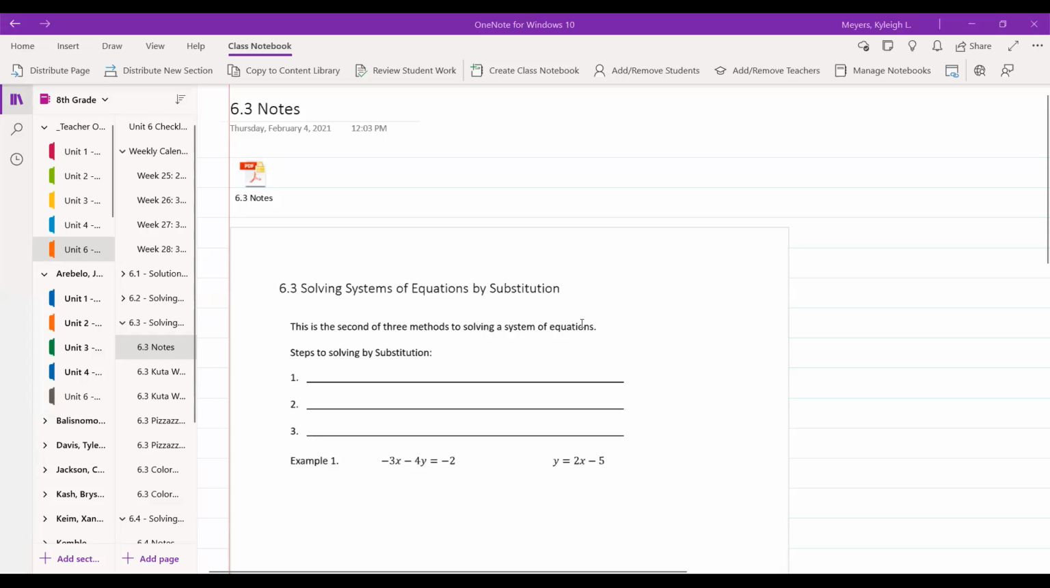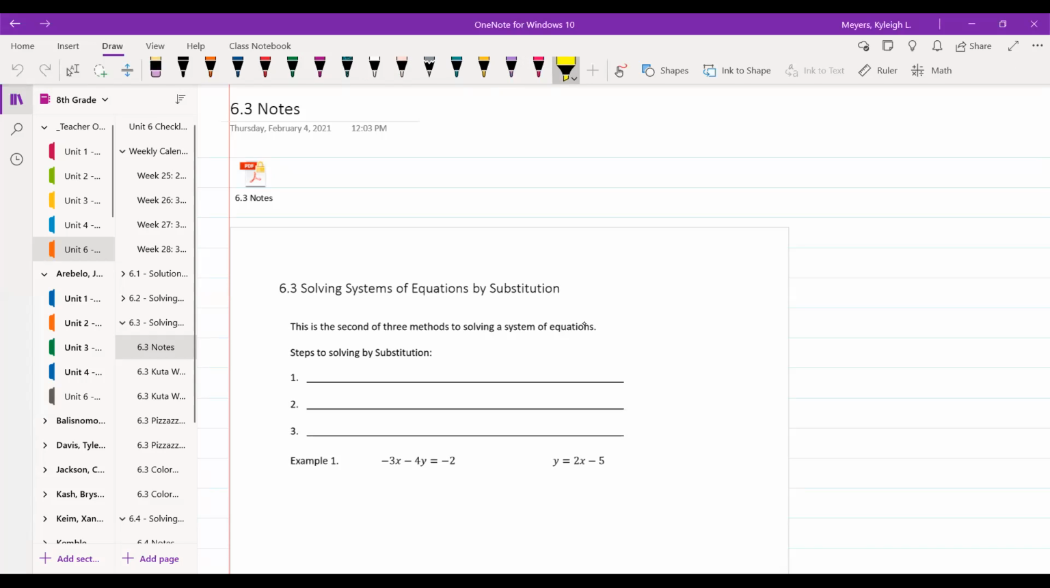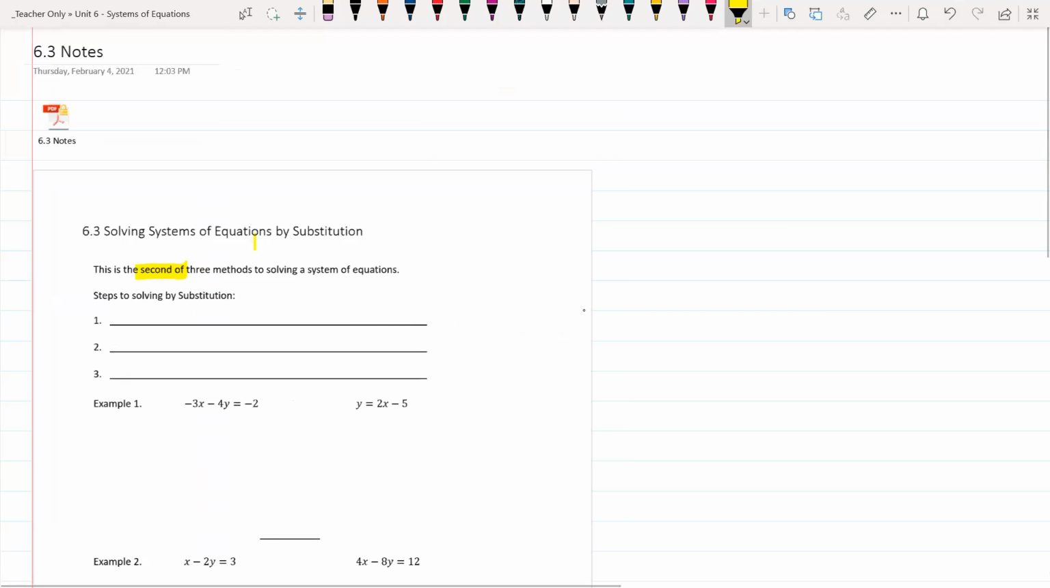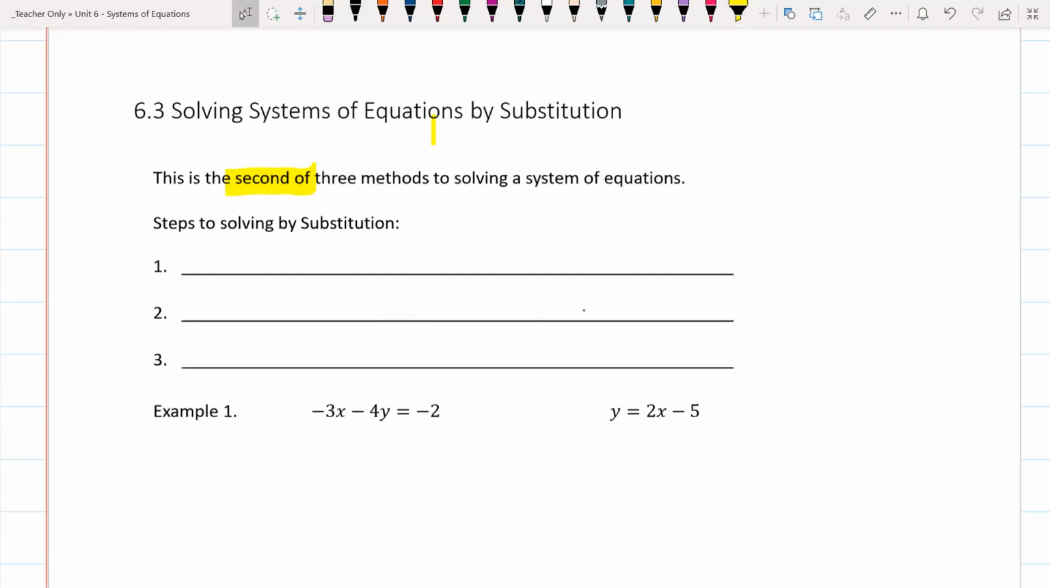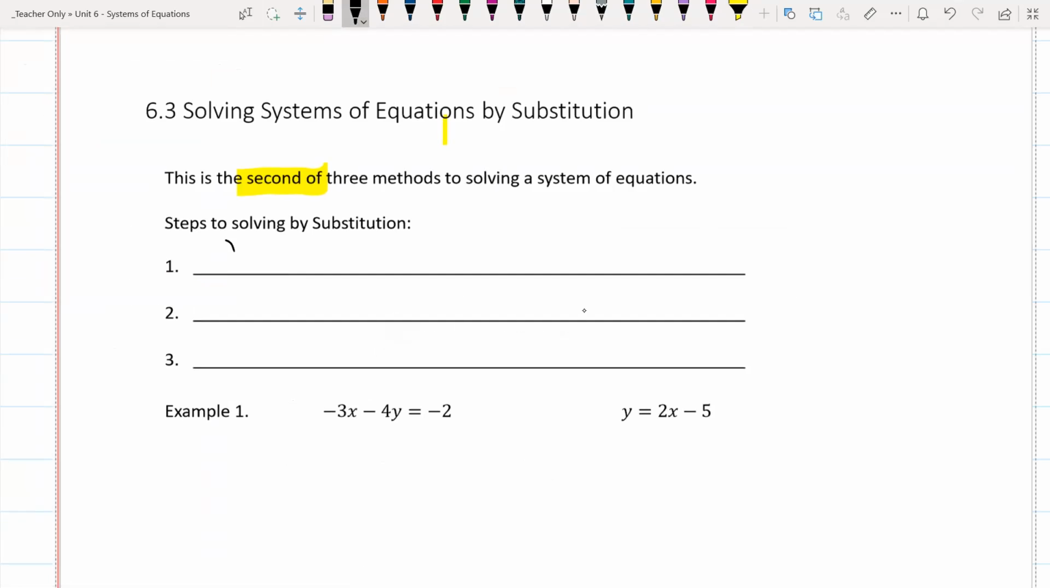All right, so we're going to talk about solving systems of equations by substitution. So this is our second method to solve, okay? So there's 3 steps. With substitution, the first thing you want to do is solve to get a variable alone. So you want to solve for